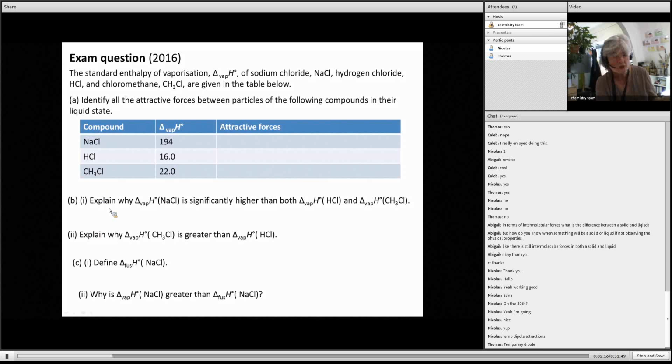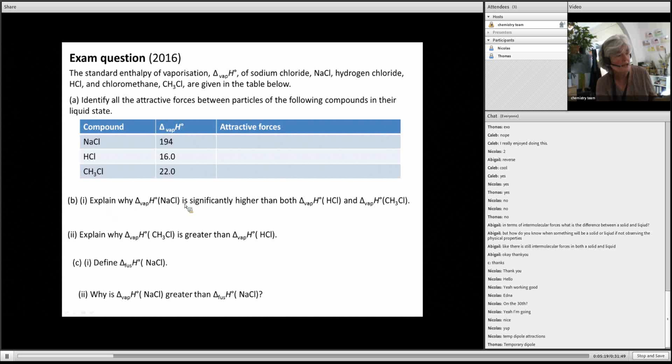So these are the sort of questions you're asked. Why is it so much higher for sodium chloride? Why is the vaporization for the chloromethane more than the HCl? And then a definition, which is an achieved grade. And then the other one is, why is the vaporization of NaCl bigger than the fusion for NaCl? Okay, so those are the sort of questions, and I think the easiest thing for me to do is to actually